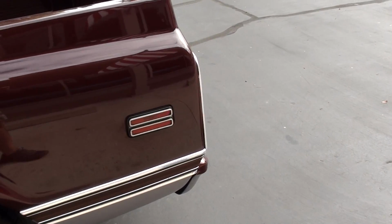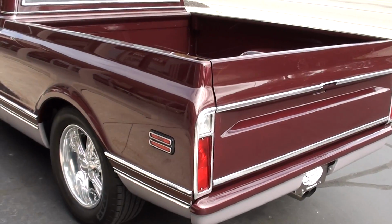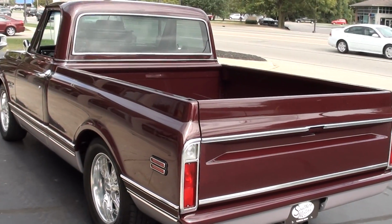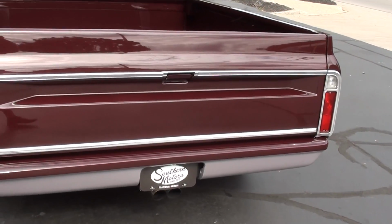It's called Wineberry. It's a burgundy on the top, and then it's got a light cranberry on the bottom with a little metallic in it. It almost looks like a silver. Pretty truck. A lot of little subtle changes on it. The truck was lowered down a little bit. Of course, you can see they